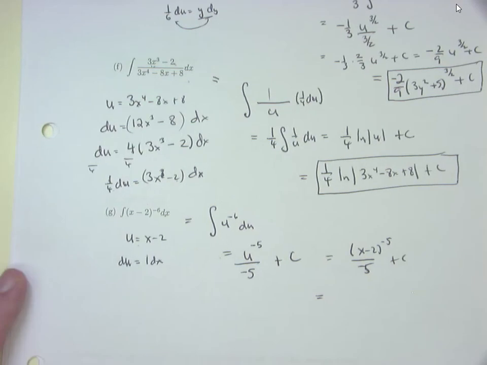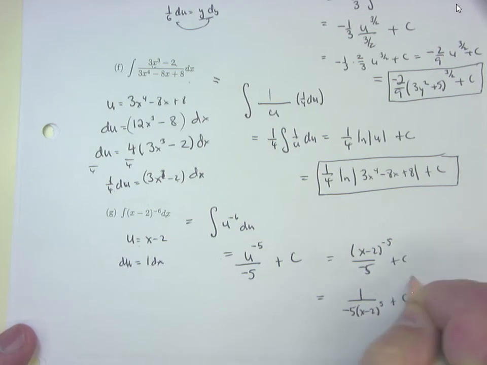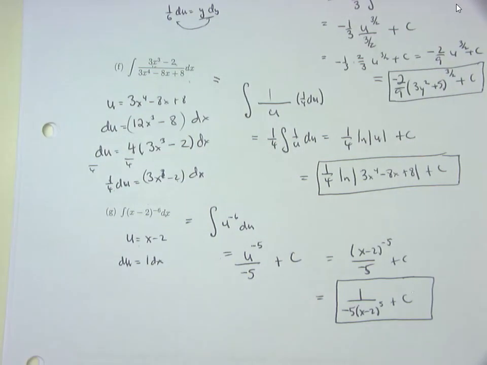Where does a negative exponent put you? Denominator. So this would be 1 over negative 5 times x minus 2 to the 5th, plus c. That's the better way for it to look. Does that make sense? We've got a few more, but this is